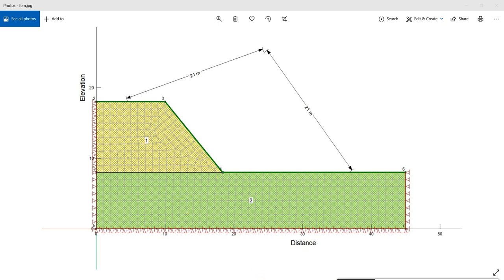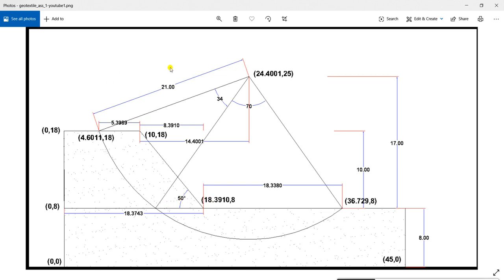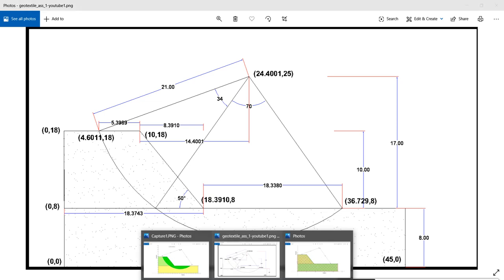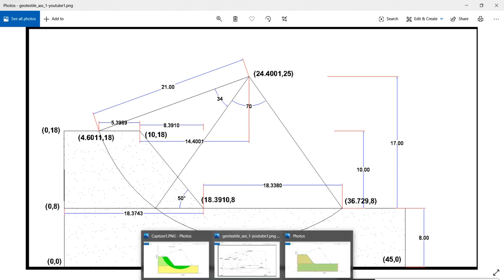This is the problem we have solved in the last three lectures also, and the problem will remain the same, but the approach will change. So this is the geometrical coordinative representation of the problem, and this problem will remain the same. The only thing that will change is the method of solving this problem. So today we are going to solve this problem using finite element method. In the last lectures we solved using limit state method or limit equilibrium method. So today we are going to solve it by finite element method in GeoStudio.